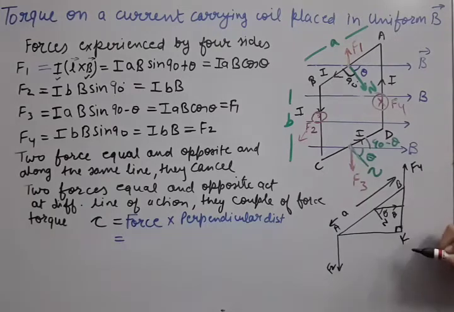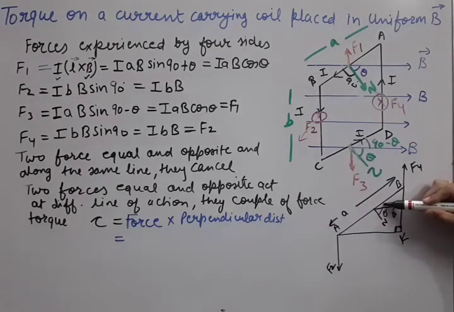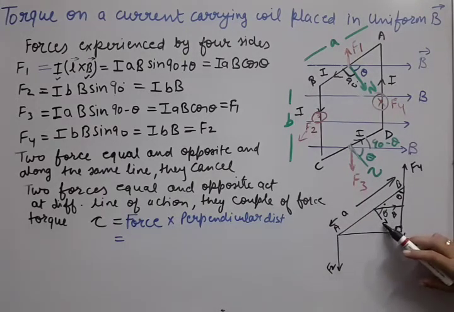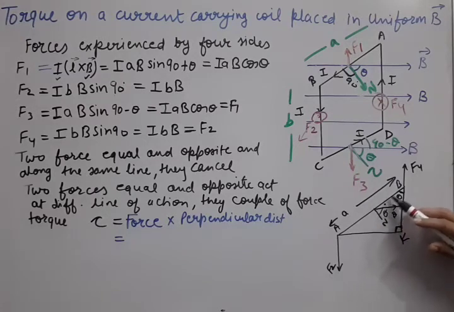This angle is given as theta. So how much will this angle be? 90 minus theta. Because here also one right triangle is prepared, this angle will finally come as theta. Again I am repeating: between the normal and magnetic field B, the angle is given as theta, so the remaining angle will become 90 minus theta. And because in this right triangle one angle is 90 minus theta, the other angle will become theta. So we want this theta angle. Now focus on this angle only.